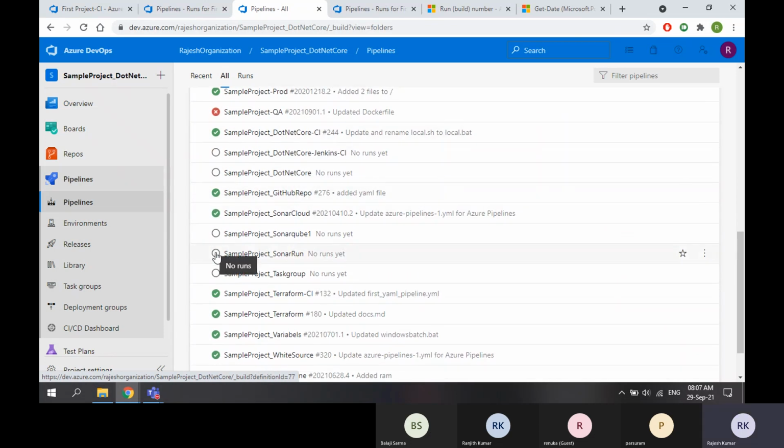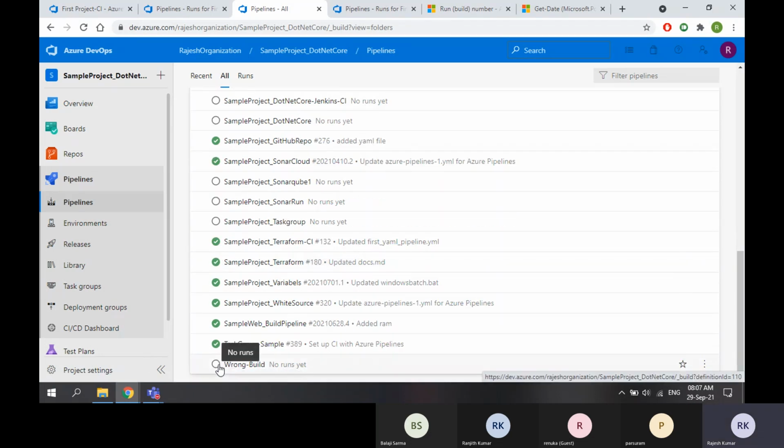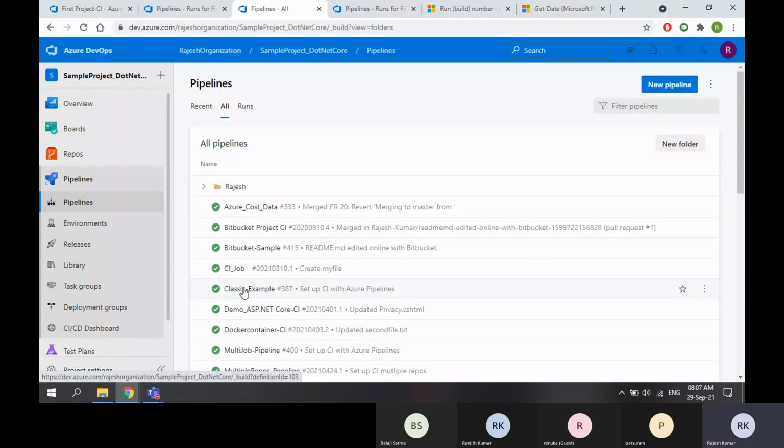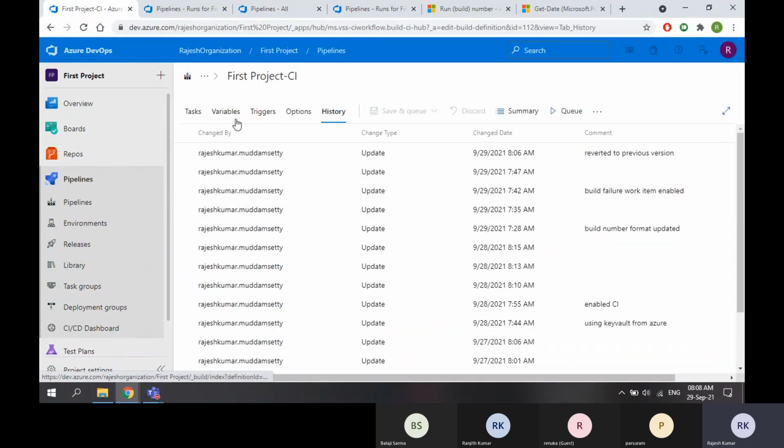See, these are no runs, blank. And then there will be two other statuses, like running and queued. You will see those statuses when you are running this pipeline. Okay, that is the summary page.